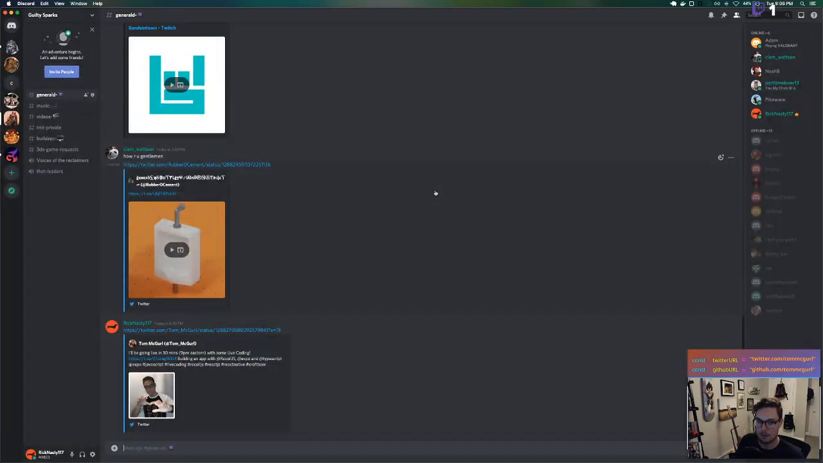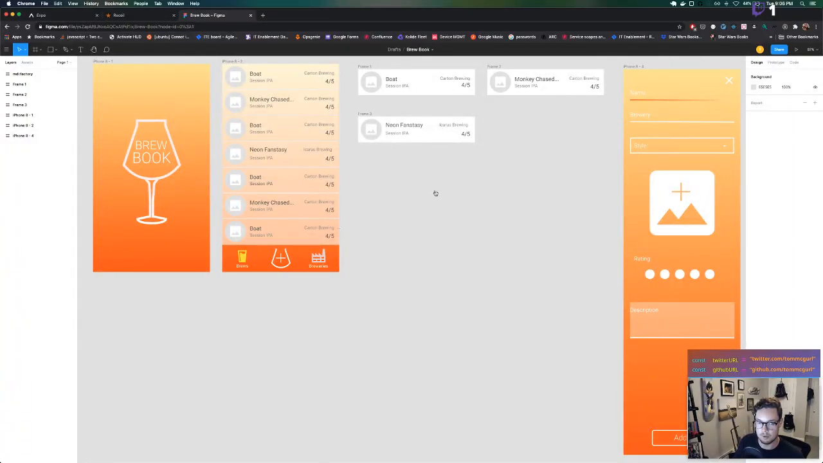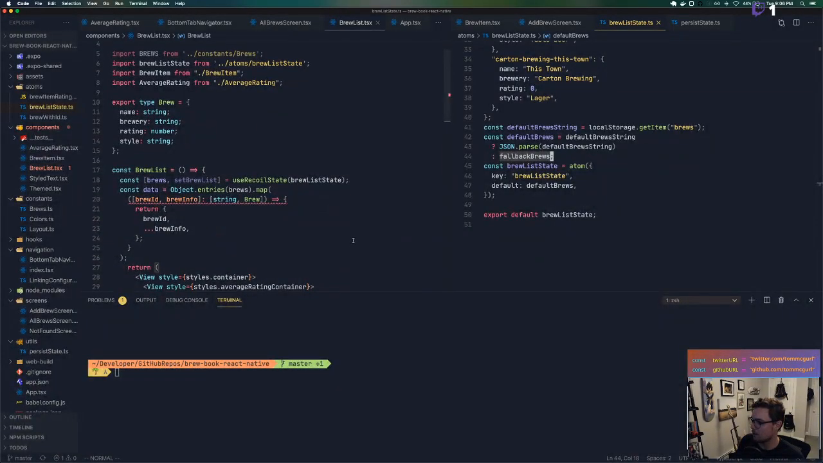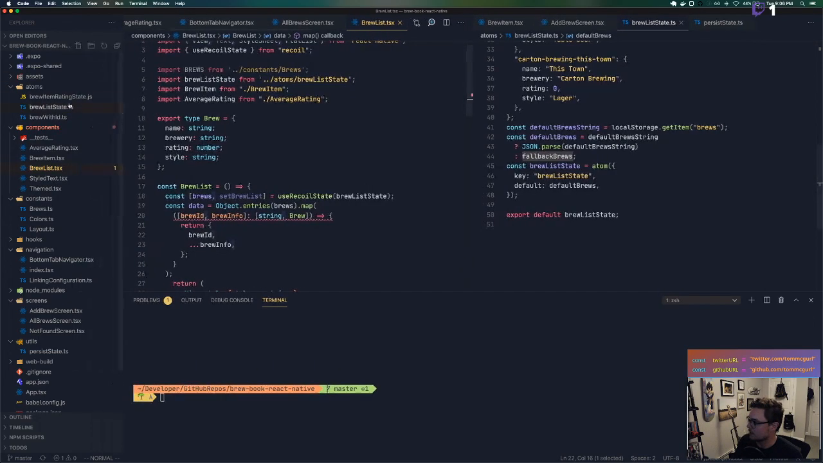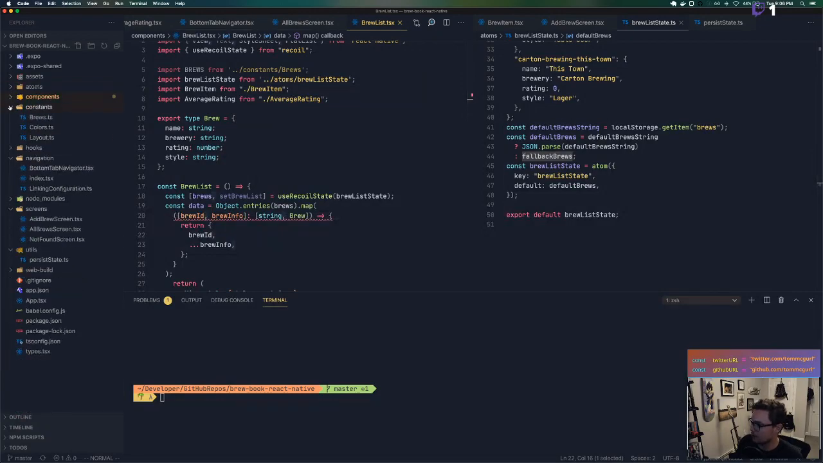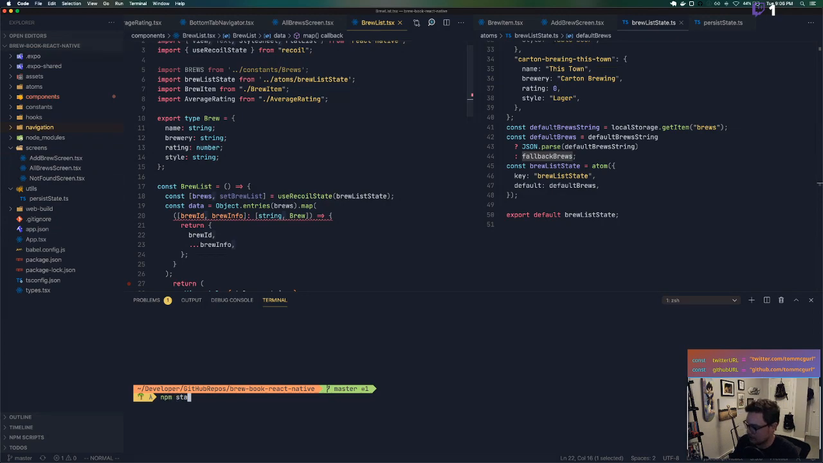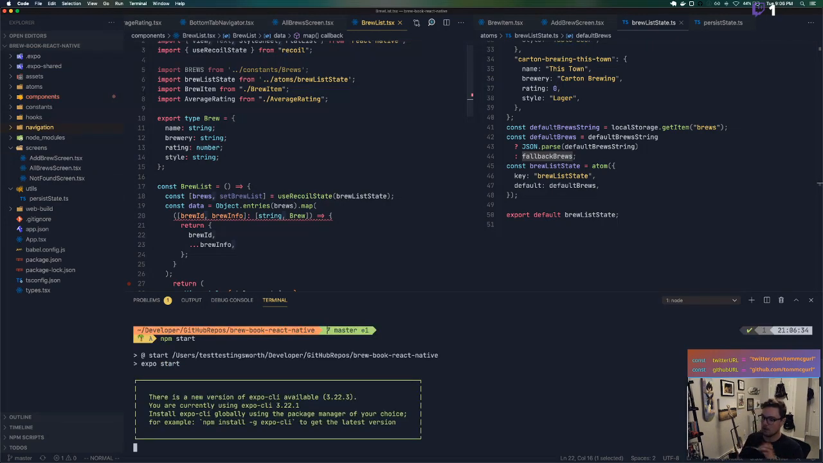So let me close this here and pull up that. So here what we have is our code base. Let me just go ahead and close some of these so we can see what's going on. So we have our atoms, that's part of Recoil. And I'm just going to run my server so we can see where we're at. While this is starting up,